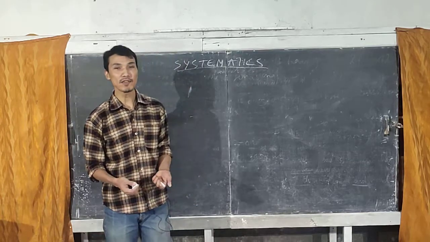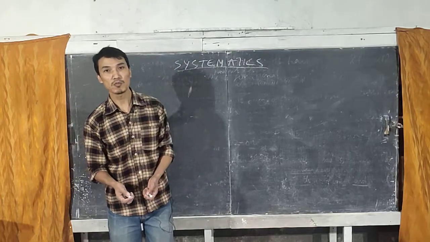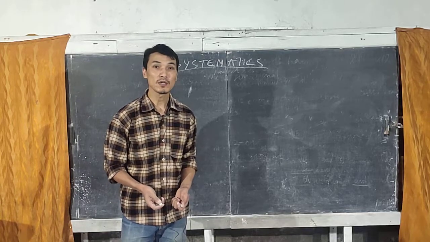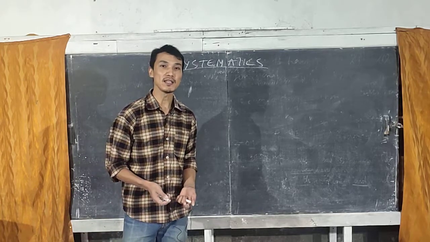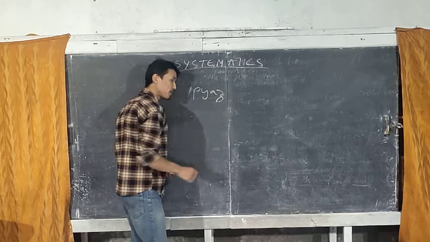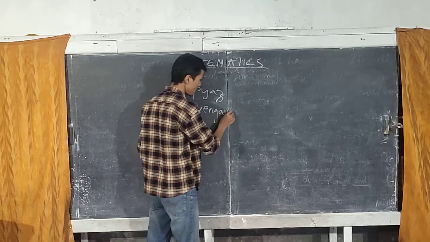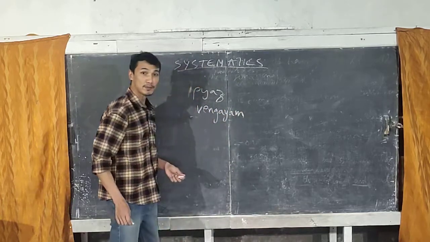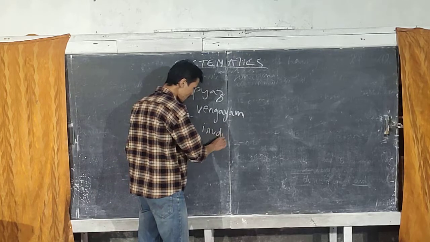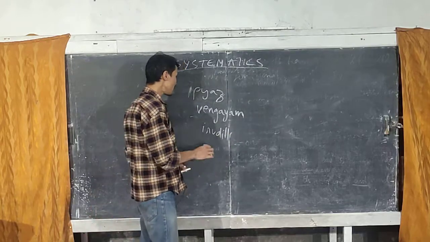Why do we need a scientific name? Because if we use common names, there are many problems. Let's take into account onion. In Hindi it is called pyaz, in Tamil it is called vengayam, and in Kannada it is called irudili. So in order to avoid all this,